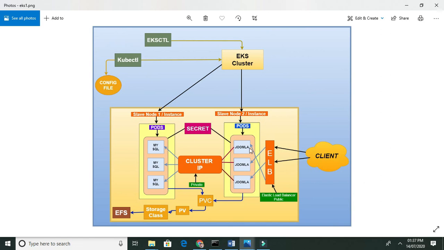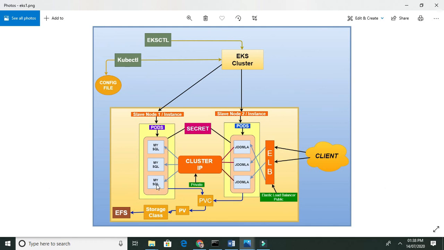If any container or pod fails, it will be relaunched again, but our data won't be lost because our data is stored in MySQL. So when this pod gets terminated or fails for any reason, we can recover data from here, because this is running in a private world and no one can come inside it. So we can fetch the data from it.